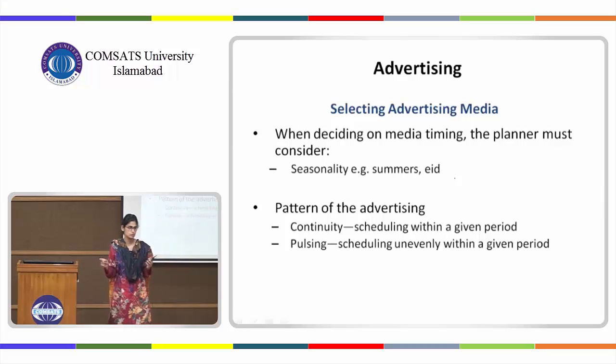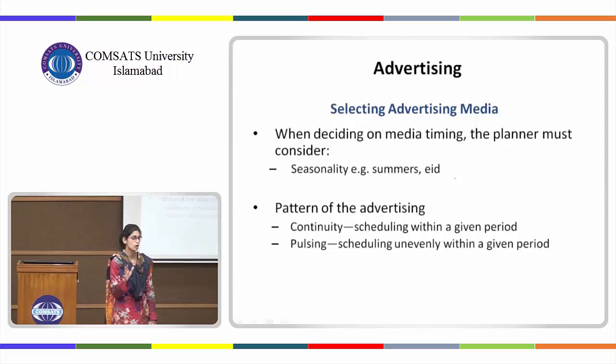So let's say I need to place 7 advertisements during a week, and I'm following the continuity style of placing the advertisement. Then what would I do? I would place one advertisement daily. So Monday one advertisement, Tuesday one advertisement, Thursday another advertisement. That would be continuity. On the other hand, if I'm following the other strategy, that is pulsing, I have 7 advertisements to send out within